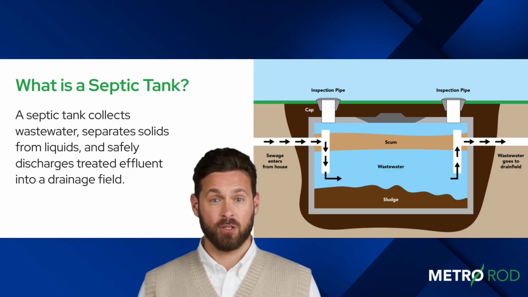It collects wastewater, separates solids from liquids, and discharges partially treated water into a drainage field. Inside the tank, sludge settles at the bottom while scum rises to the top and the liquid effluent flows out. In the drainage field, aerobic bacteria naturally treat the water before it enters the soil, making septic tanks more sustainable